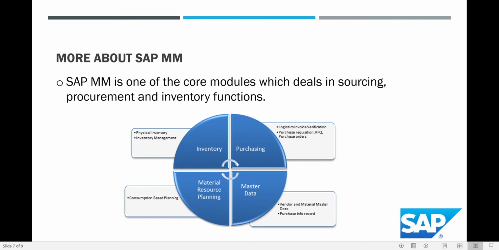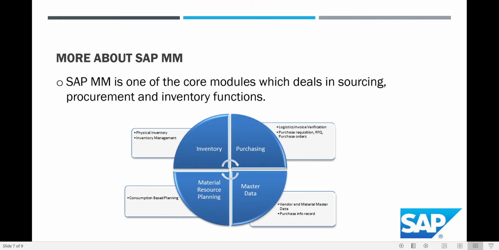The first one is purchasing. A lot of things come into purchasing, such as how to create RFQs, purchase orders, purchase requisitions, contracts, scheduling agreements, and invoices.